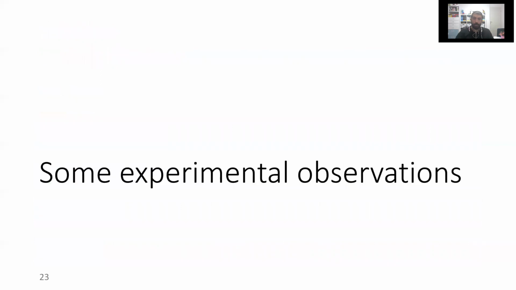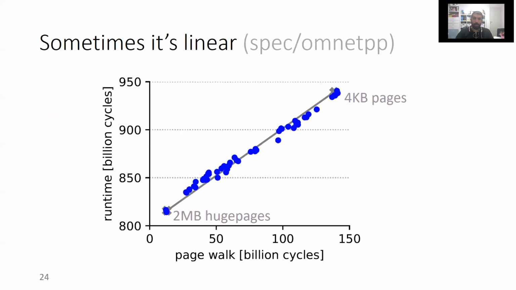And now, let's see some results from using Mosalloc and our layout generator. So as noted, with the help of Mosalloc, we collect many more experimental points than the 2 used in previous studies. The new points are the blue circles in this figure. The x-axis shows cycles spent on page table walks in each run, as measured by the CPU performance counters. The y-axis is the runtime, or the total execution cycles, which is also measured with the CPU performance counters.